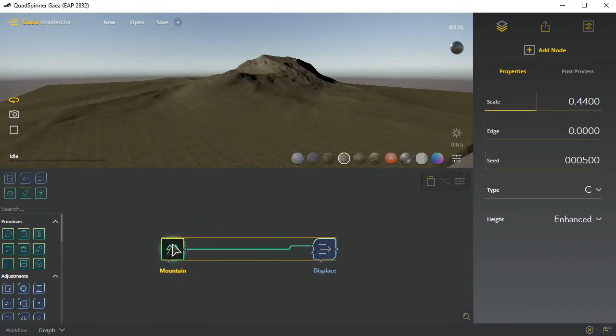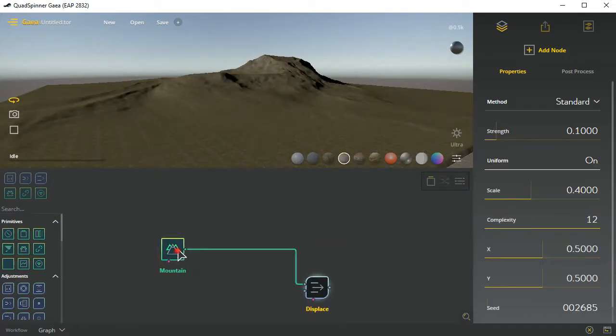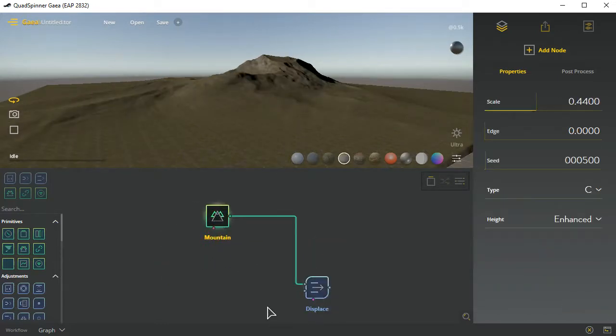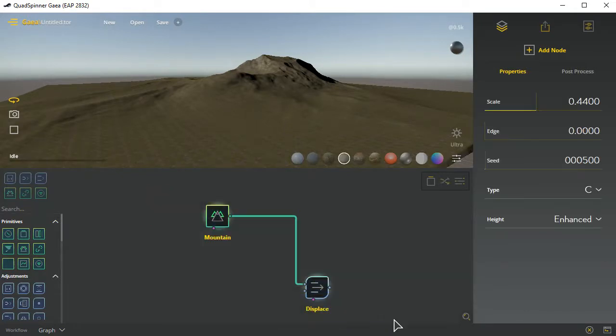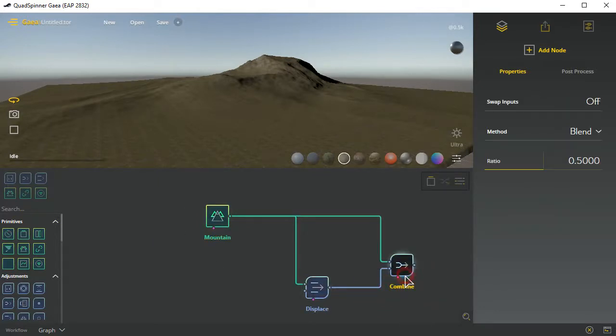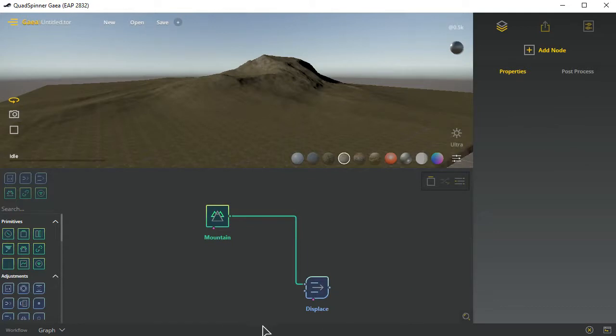Moving these around is just simply left click drag in order to move them. You can select multiples by dragging a box around them. Once you've selected a box around them, you'll notice this other feature becomes available, which will automatically create a combined node between them. So multiple nodes that are selected will then be combined, and you can do this across quite a number of nodes, really. If you bring in a few more,